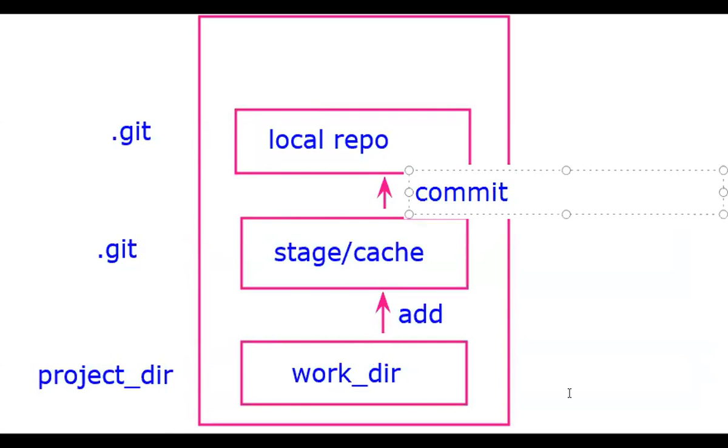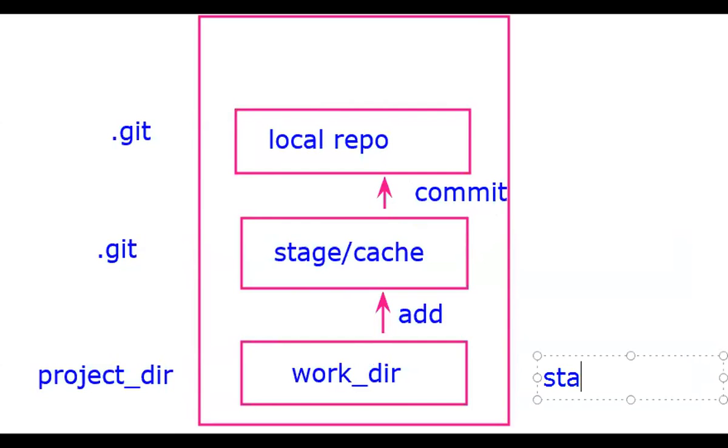What is the command you'll use? Commit. And to understand where my file is, whether it is in staging or the local repository, I will use the command called status. Where is the file? Okay, it is in the working directory. It is in the staging area. It is in the final repository. Okay. So now this structure. So please draw this diagram and write it down.